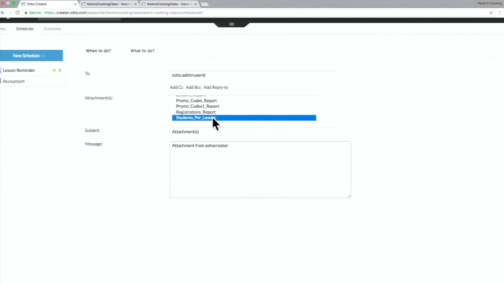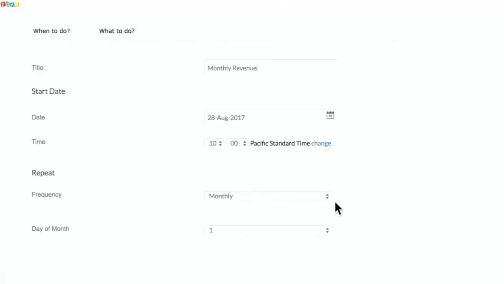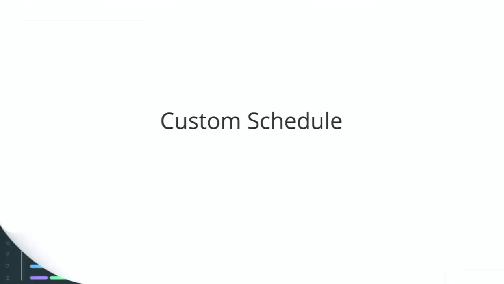The reason I've chosen student per lesson is that every student's price, the cost involved for signing up for the lesson, is in this particular report. So similarly, you can choose the report that will make sense for the people you're actually sending the reports to. All right. So it's a default message. You can say what it actually contains. So that's how you create a report schedule, generally sending out the report as such, and we take care of all the formatting, and all the information will be accessible to the person you are sending it to. So the last schedule is the custom schedule.